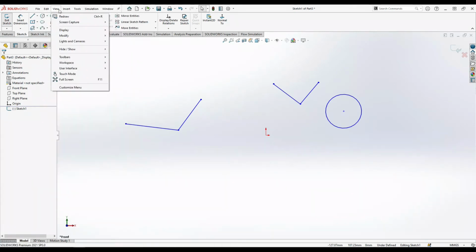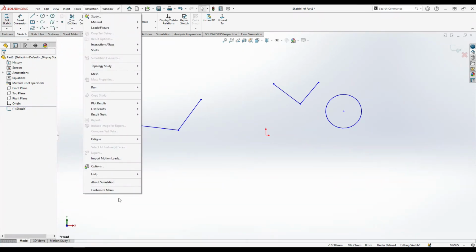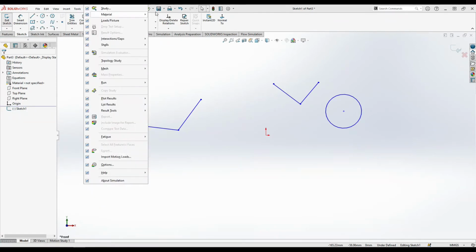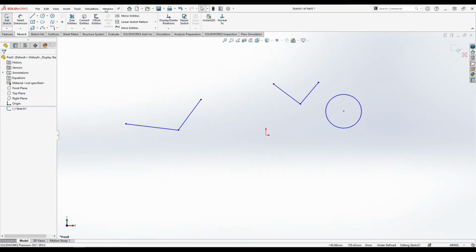file menu, you can see the last one is the customize menu. Once you click this one, okay, what things you want to keep open or activate or deactivate, you can use. Okay, in every menu there will be some customize menu. In Windows you can see the customize menu. What things you want to activate here, it will be shown here. Okay, so these are the customizations of these systems.